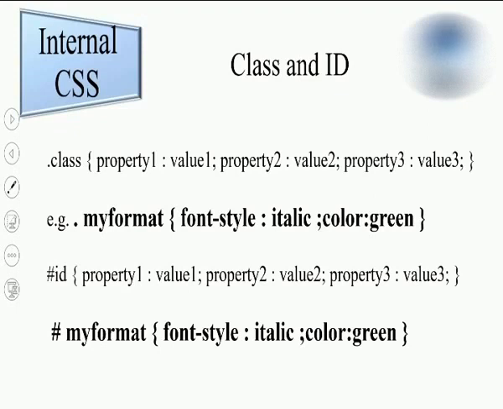What if I want to specify an ID? An ID is declared by using the hash symbol. This also you need to remember from the point of view of the examination: for declaration of the ID, you are supposed to make use of the hash symbol, followed by a name, any name you can mention as the ID, and followed by the declaration in the curly brackets. Students, I know that by writing this simple example, you might not have understood clearly how class and ID work. So let us see the example so that you can easily understand how the class and ID work.